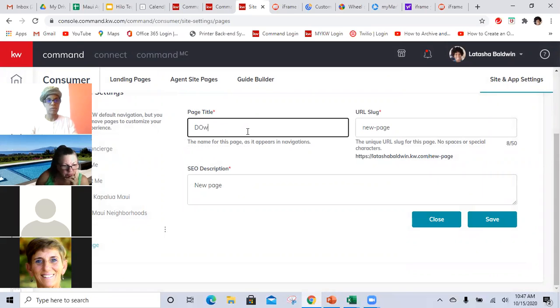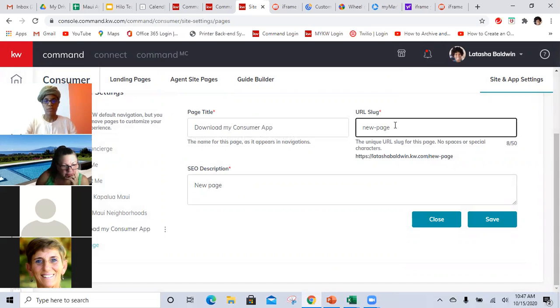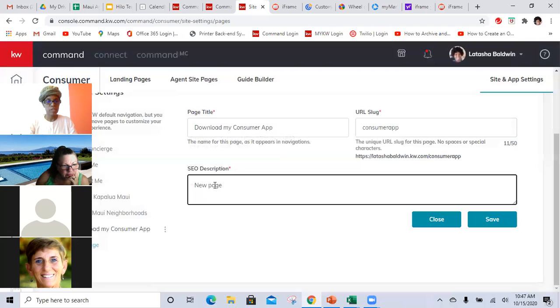We can say download my consumer app or whatever you want to say. And then you can say my app, or you can say consumer app in your slug, or whatever it is you want, or just app. Again, we want to do SEO. So we're going to do hashtag, whoops,